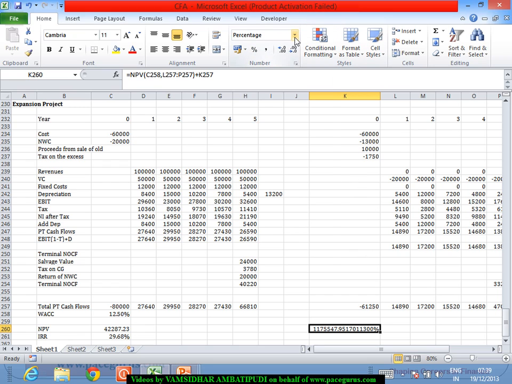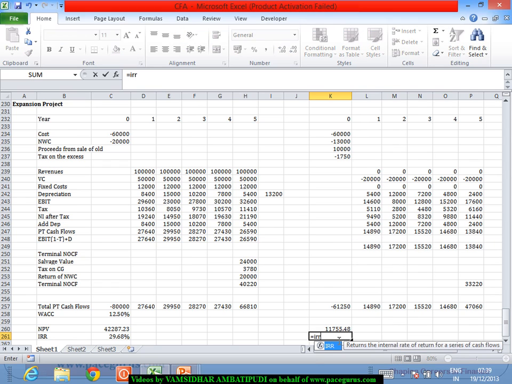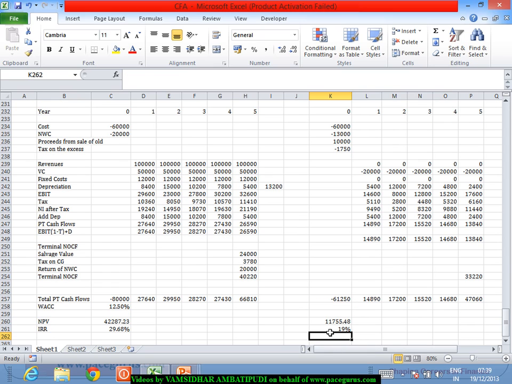NPV is working out slightly positive, 11,000 only this time, whereas IRR will be slightly more than 12.5%, but will be much lesser than 29. So it is working out to somewhere at around 18.79 only. So which means if at all this project is treated as a replacement project,